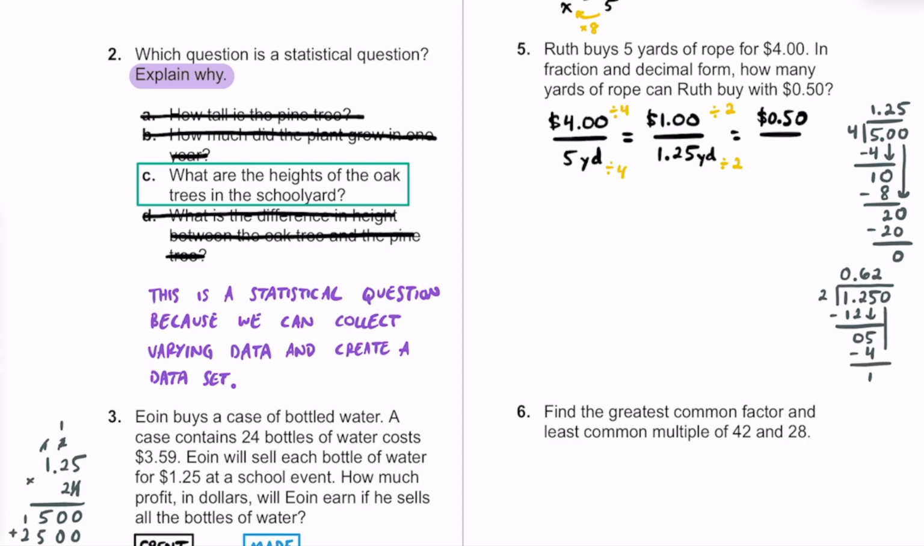Let's go ahead and bring another 0 down here. And 2 into 10 is going to be 5 times. So 5 times 2 is 10. And that remainder is now going to be 0. So in decimal form here, we're going to get 625 thousandths yards of rope for this 50 cents. So we have our answer technically in decimal form here for what we can get with 50 cents, but what